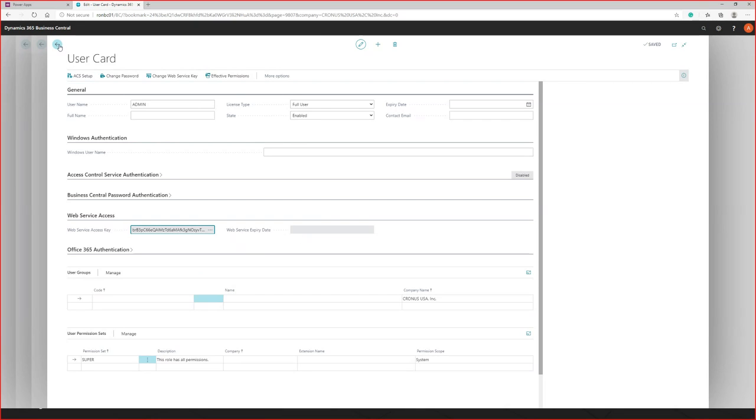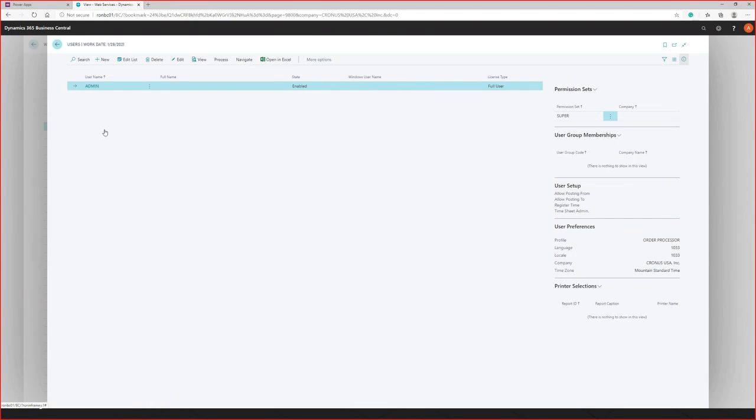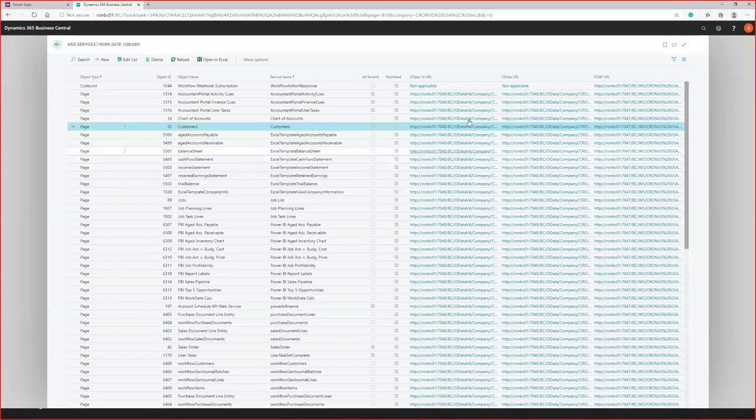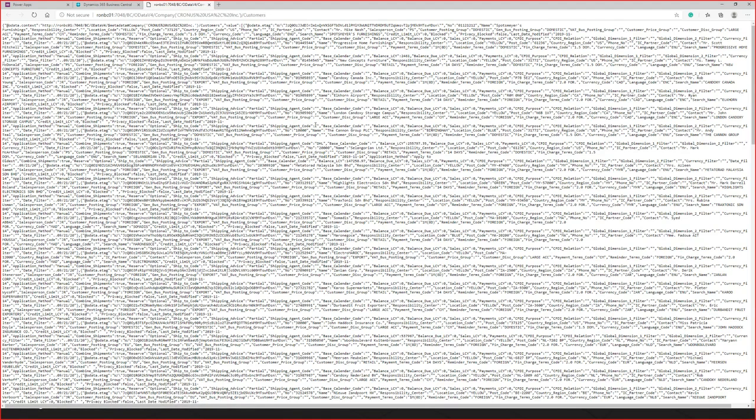Okay, all right, so we go back here, and again, anytime you add anything here, you want to click on this to make sure you get this. Now this is JSON, okay? This is the JSON request, and this is readable. We can come up here and say, here's the company information, here's the customer table, and this is all the Coronis company. Then we see customers, and all the information that comes with it: customer number, customer name, and you can read through this to see what data is there.